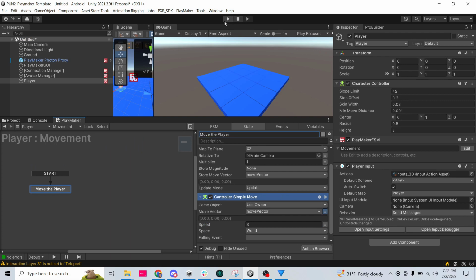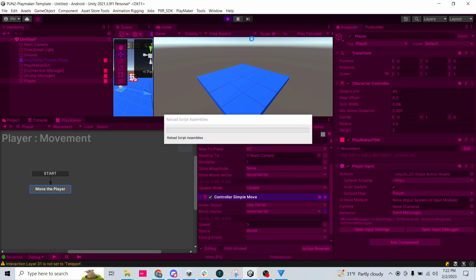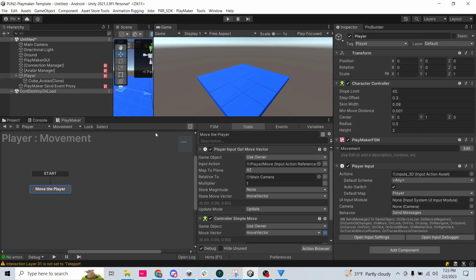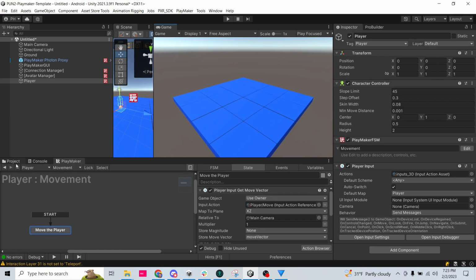All right, so now if we hit play, we should spawn the cube and we should be able to move around. All right, there's our cube. And there you can see we can move around just fine. All right, but now we need a way that we're going to be changing our